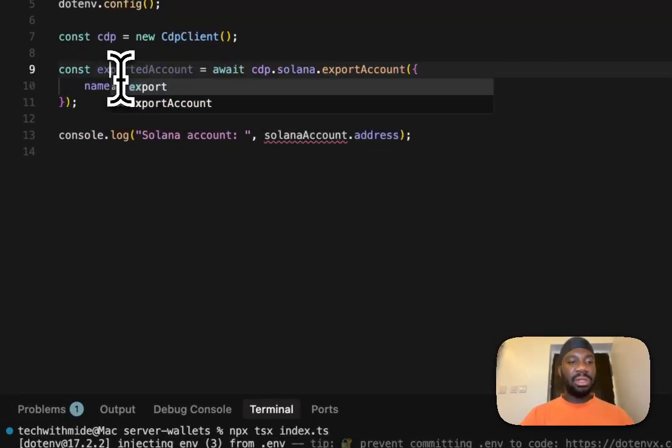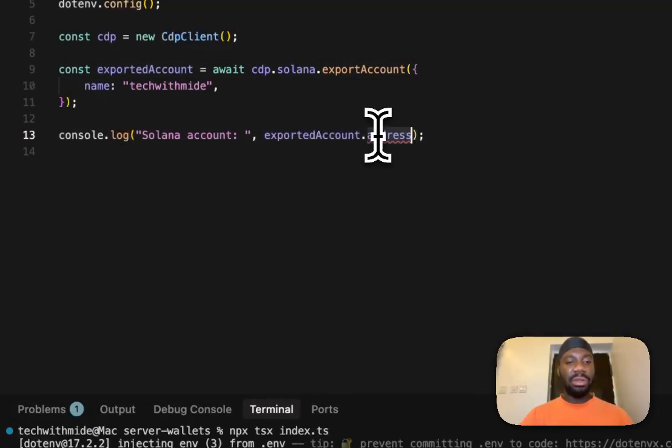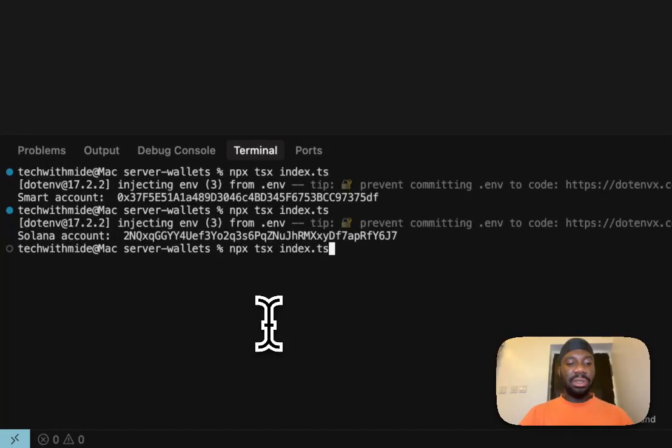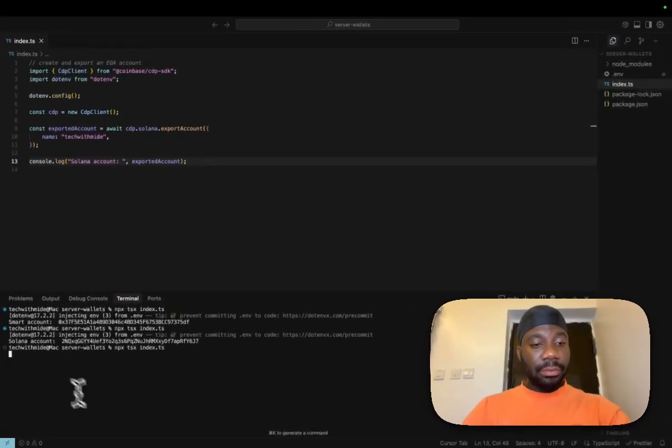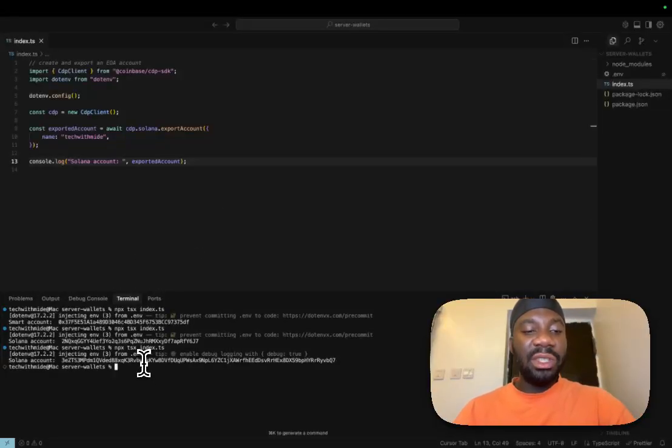This is the exported account. It does not have an address. So when we call this, we have the private key, as it is called on Solana, I guess. I'm not sure. But yeah, we have this, and users can import this into their Phantom or any other wallet